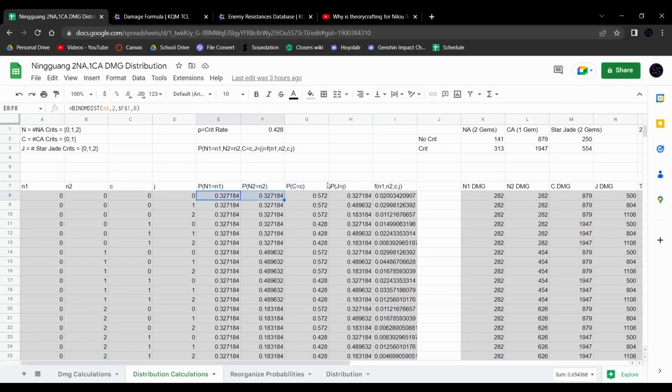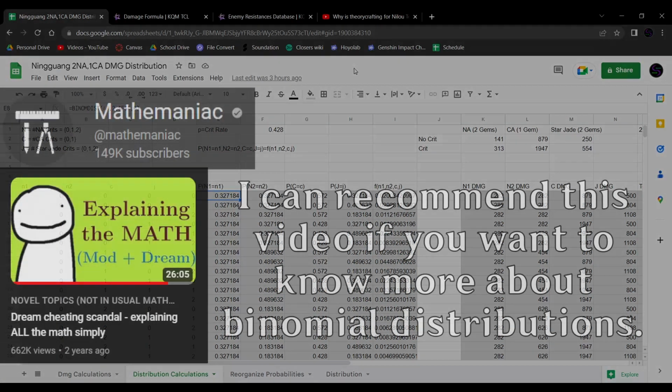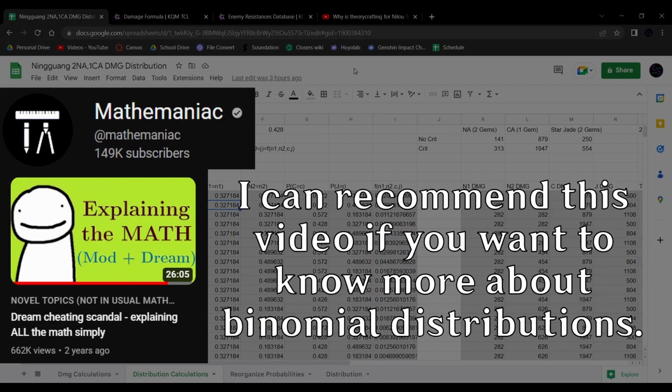And then we have these things. These calculate the probabilities of the event listed here. So the probability that both normal attacks don't crit is this on the first one, and so on and so on. But how do we actually calculate that? Well, I use something called a binomial distribution. I know I can use this binomial distribution because we only care about the amount of damage and whether or not the thing crit. The damage doesn't depend on which gem crits. It depends on how many crit. Because of the independence of the gems, I can actually use this.